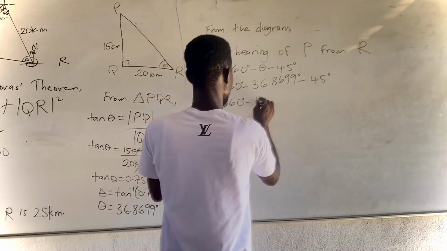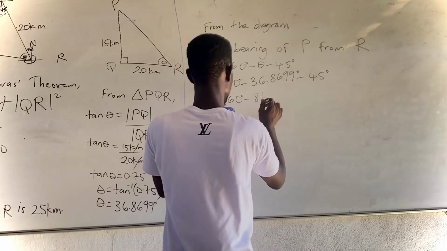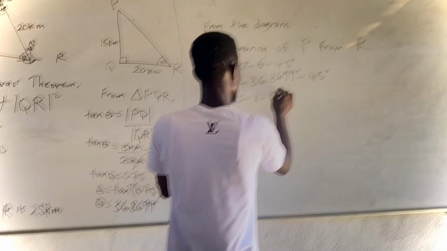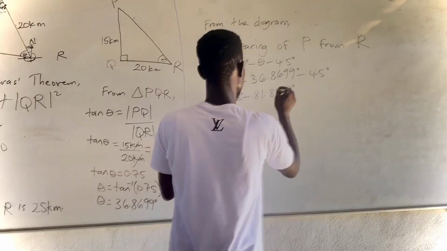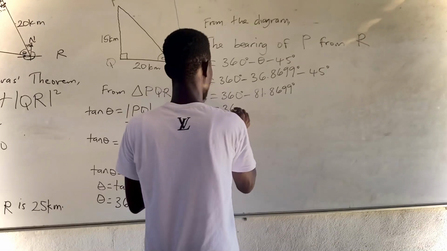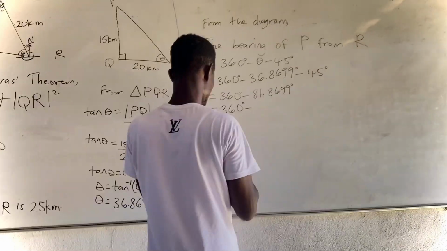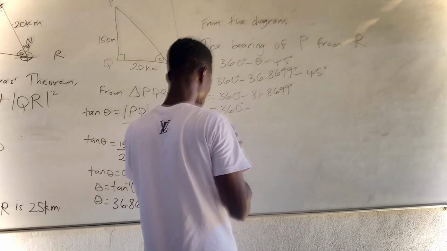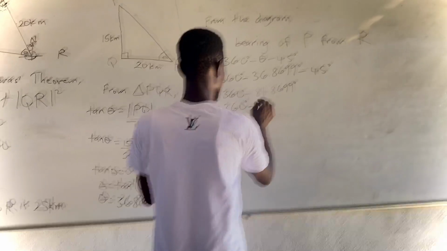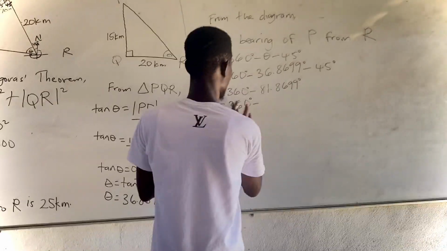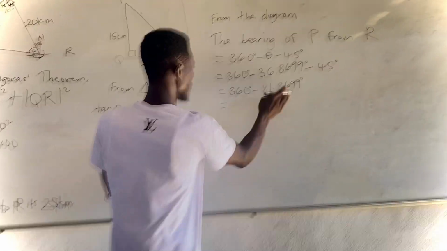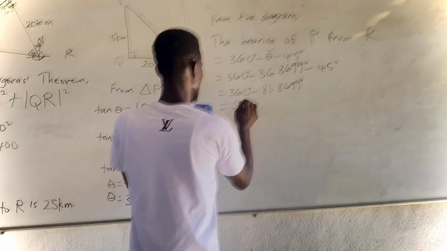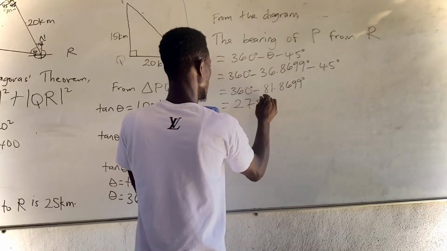This will give us 81.8699 degrees. So we have 360 degrees minus that. Subtract this from the 360. Sorry, we already did the subtraction. So when you do that, you'll have 278 degrees point